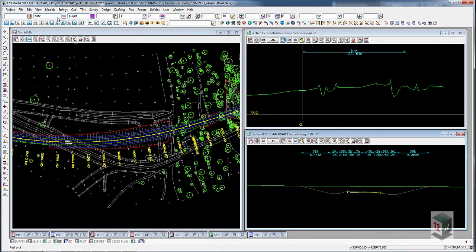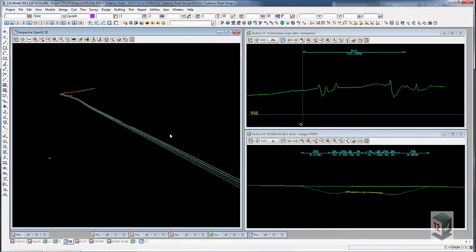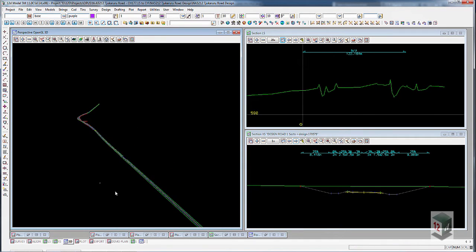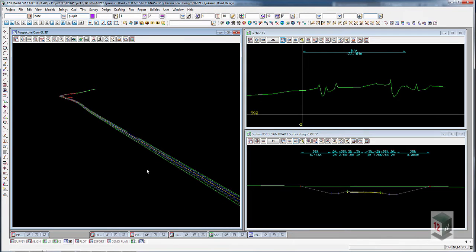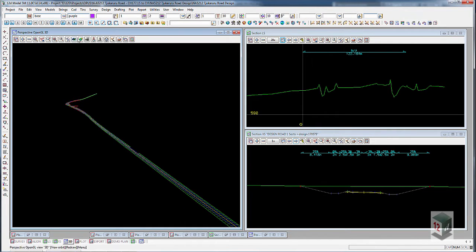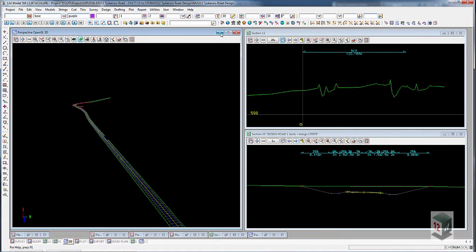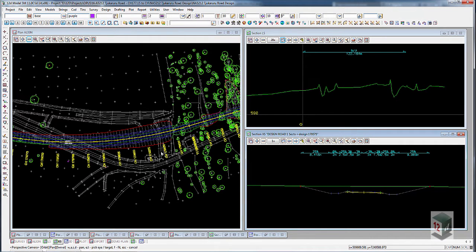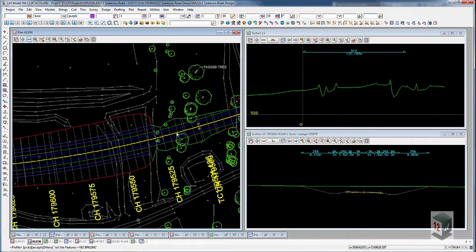And then finally we have perspective view, and that perspective view is managed the same way as plan and section view. You can turn on only what you want to see. You can rotate around, run along the road as if in a vehicle, that sort of thing. So I'll quickly show a view of